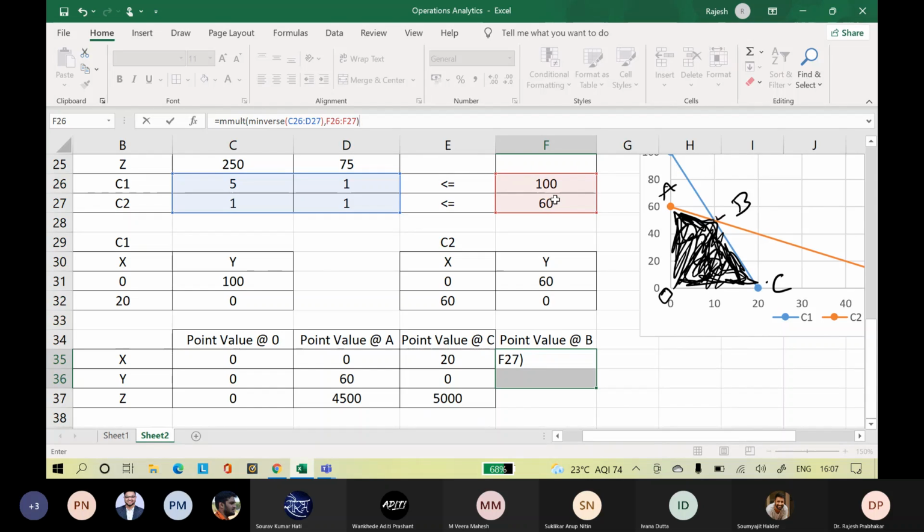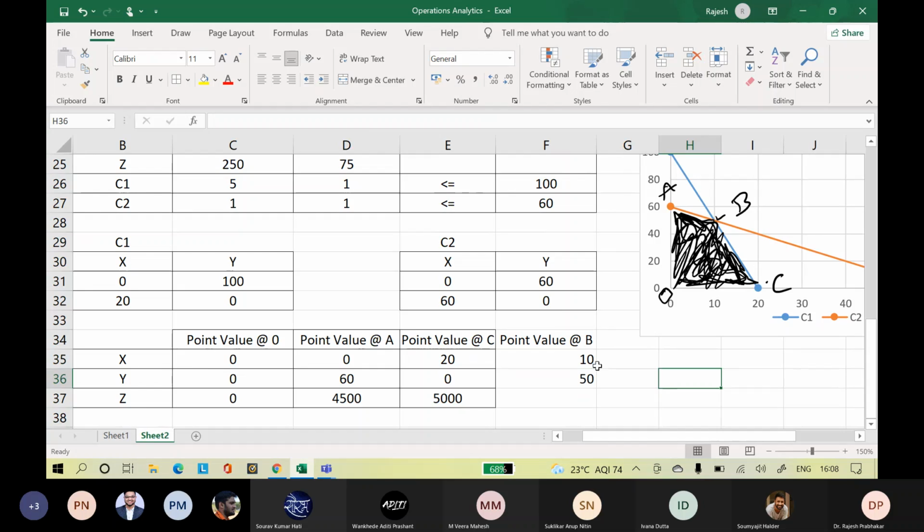Now you should not press enter, you should press control plus shift plus enter. You will get the optimal values at point B. These are 10 and 50.